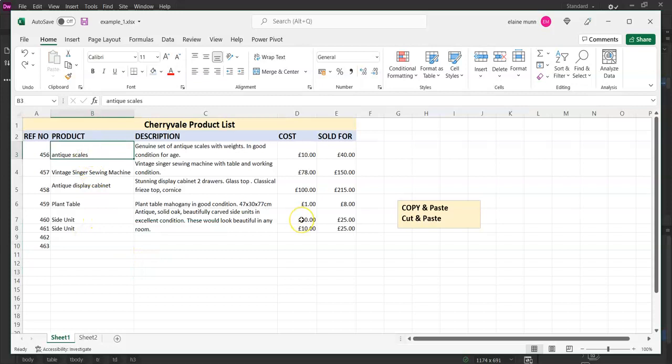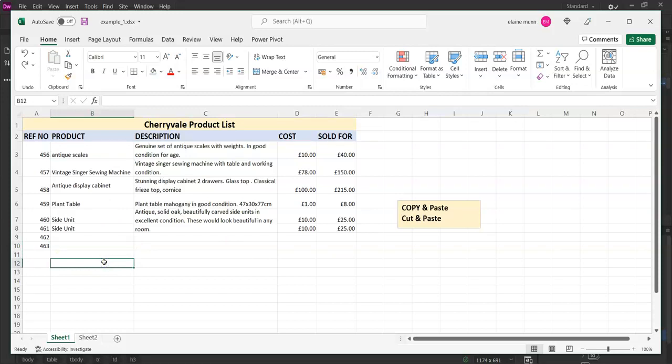Number 3 way of doing it is keyboard control. All right, so if you hold down your control key, CTRL key, and C for copy, you'll see that the marching ants are going round. You're going to come down to where you want it to be, and it's Control and V, and that puts it in. And you want to get rid of your marching ants again, so escape. So that's 3 different ways to copy and paste just from one cell to another. I'm going to undo that. All right, now